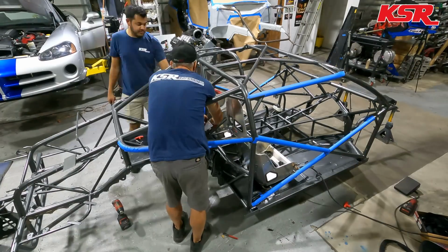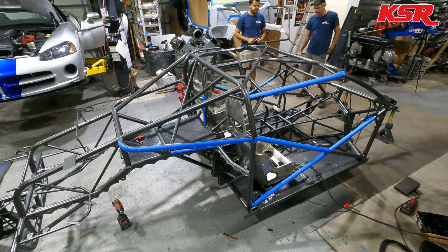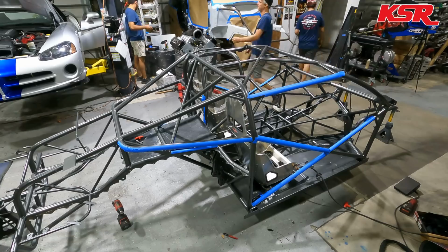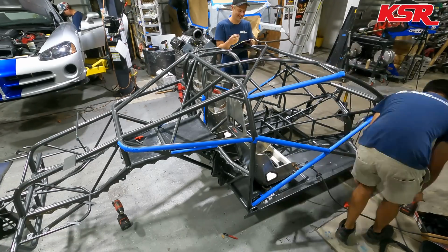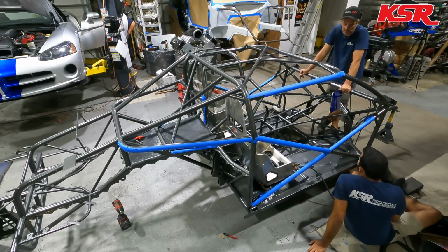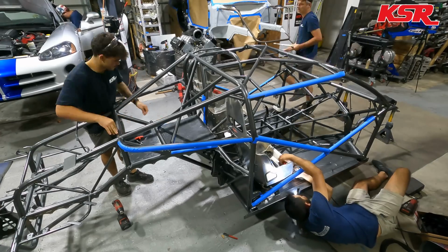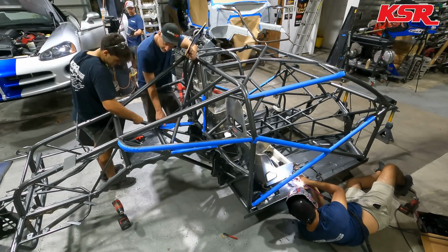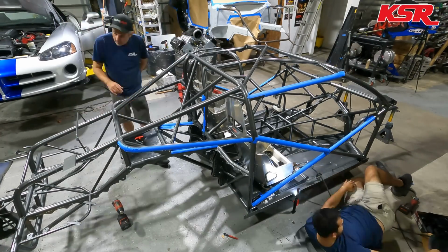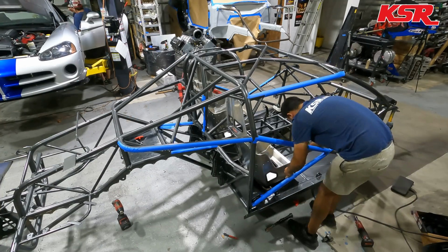All right, well, we are on to time-lapse number 2 of this video. And there's a lot that happens in this section, but some of it you can't really see. The camera kind of ended up a little bit farther back, but you can at least see some of the methodology of stuff we've got going on. Like, I'm guiding Ricky a little bit on fitting some of the carbon panels, and somewhere in here we realized that